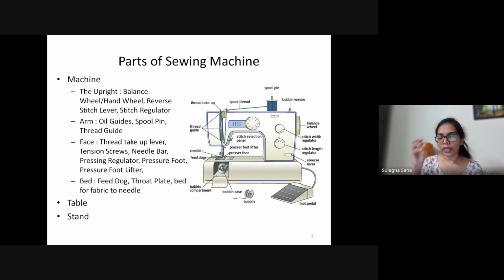If you rotate it anti-clockwise, it will reduce the pressure. So if you have a sheer, lightweight fabric, you would rather have more pressure. If you have a heavyweight fabric which already has its own weight, you will have a lesser pressure.